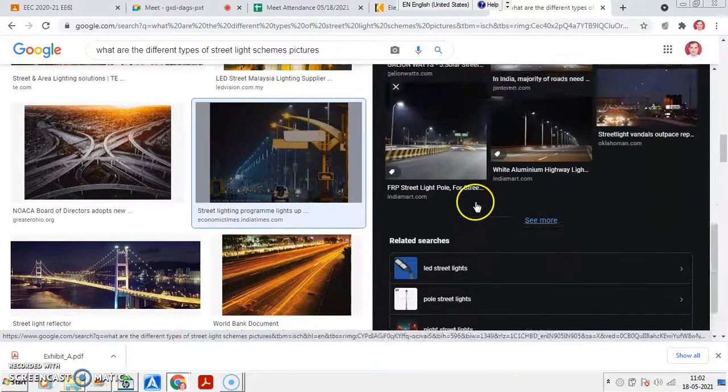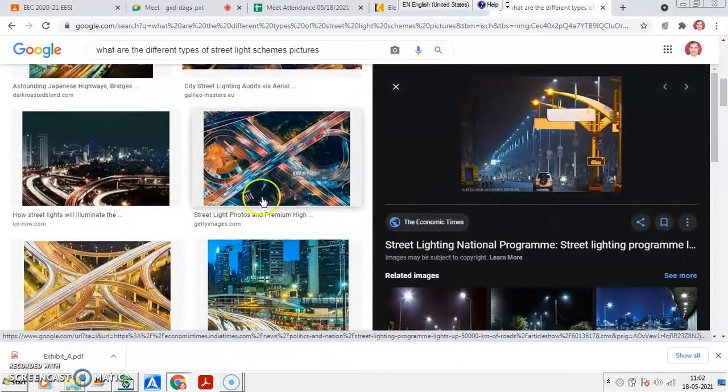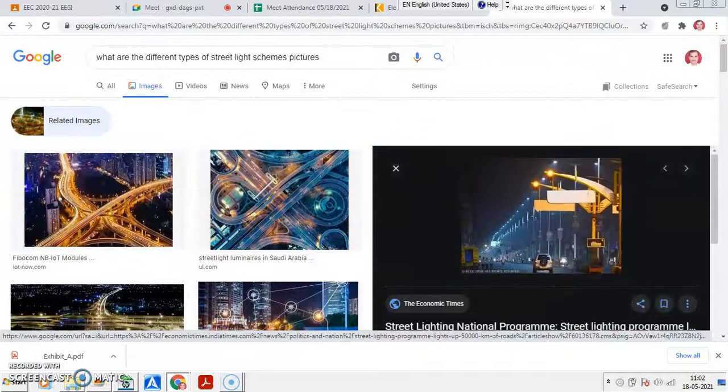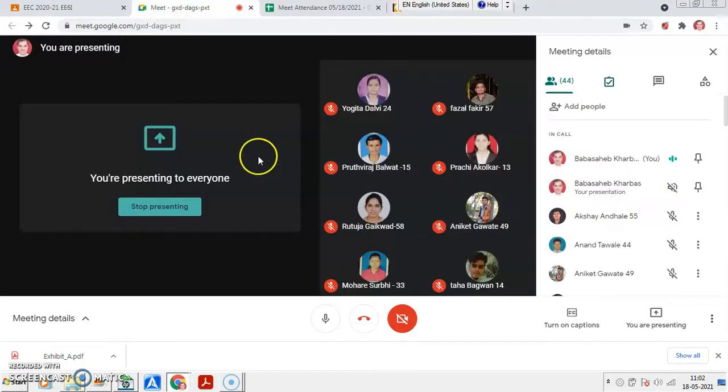Go through all such types of street lights; you must know them. Okay. So I have exposed all this to you. You may have more. Already you have the availability of the internet and all these things. Don't just limit your knowledge with the